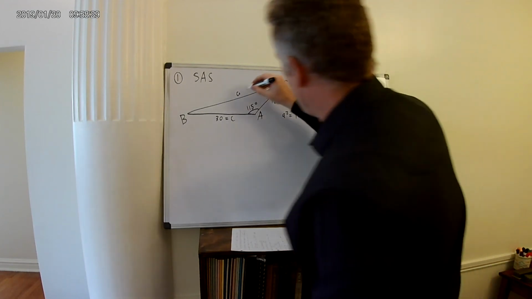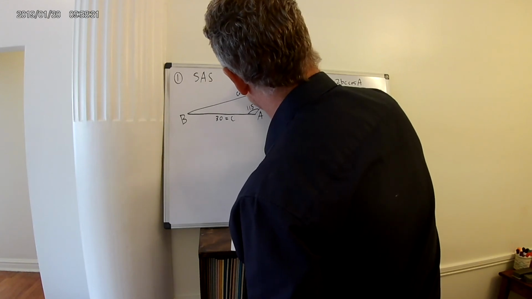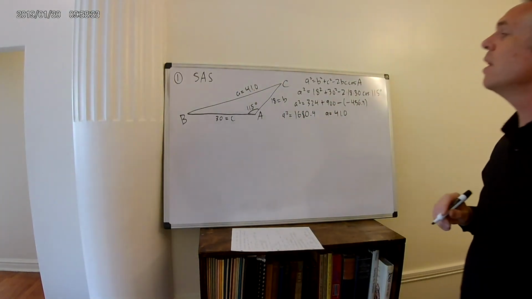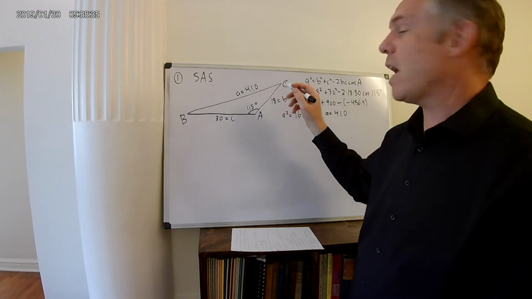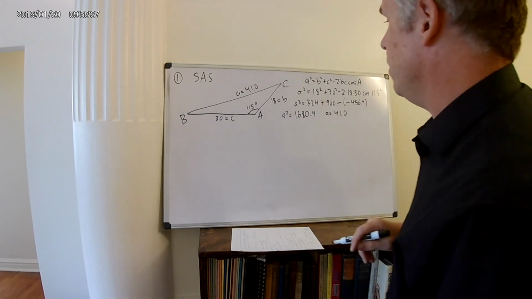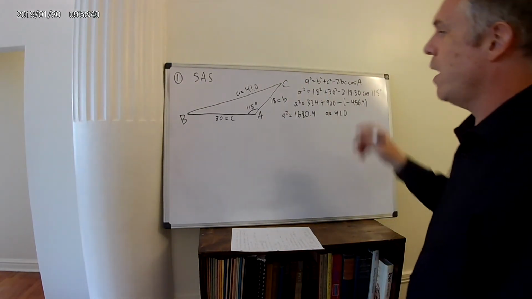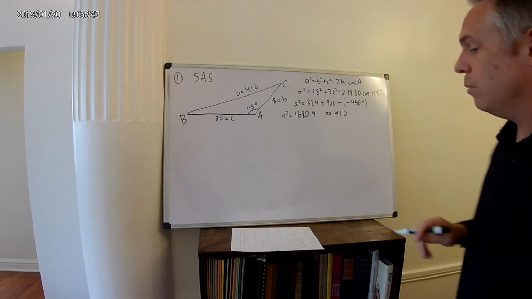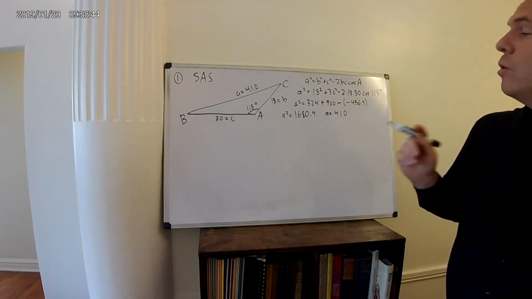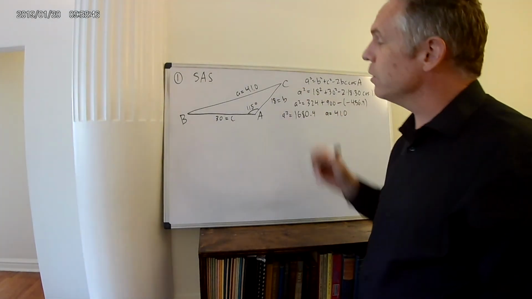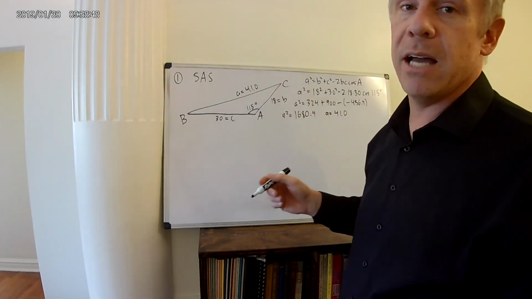Okay. And so now we know side A is 41.0, which makes sense to us. It looks like side A is the longest side of this triangle, and that's indeed what we find here. Now we still need to solve for angles B and C. How do we do that? Well, the way we do that is we then use the law of sines. So once we've used the law of cosines once, we can use the law of sines to solve for angles